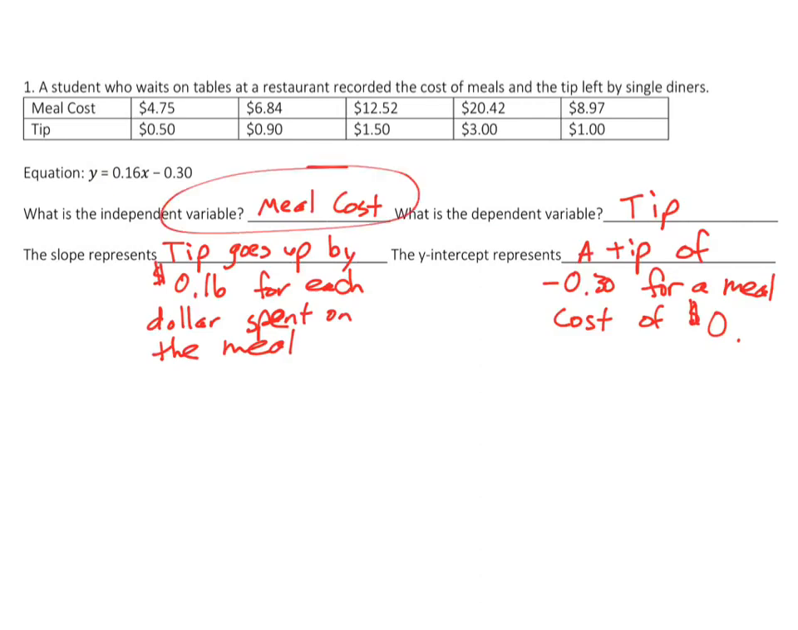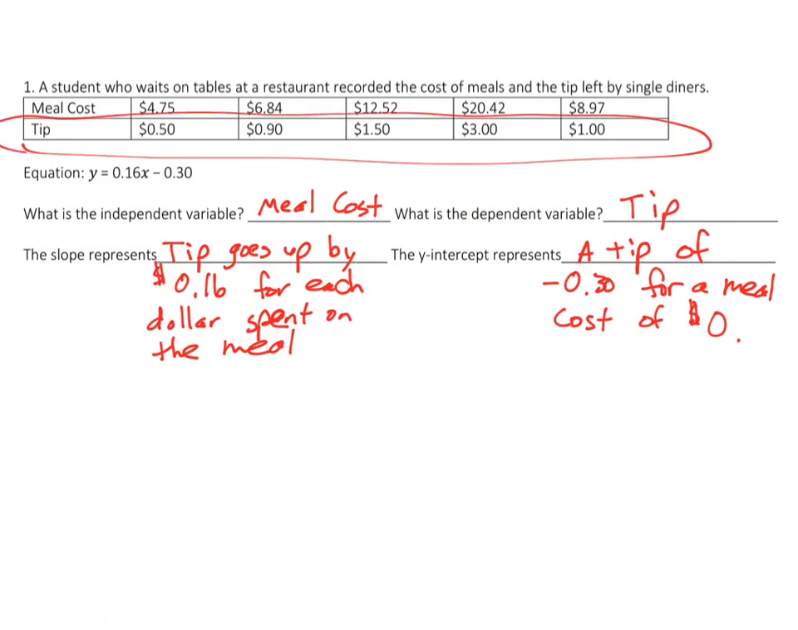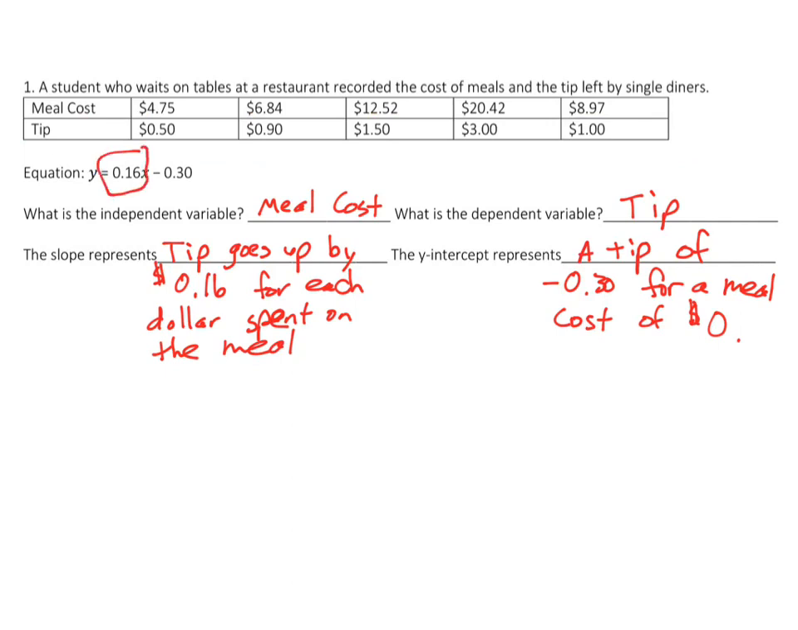Your independent variable, in this case, is going to be your meal cost, that first row there. The dependent variable is going to be the tip, right? People, when they go to restaurants, they'll leave a tip, at least in our country. And then the slope is 0.16, and that's how much the tip increases for each additional dollar spent on the meal. So when meal cost goes up $1, the tip is expected to go up 16 cents. And then the y-intercept represents a tip of negative 30 cents for a meal cost of 0, which sounds ridiculous,